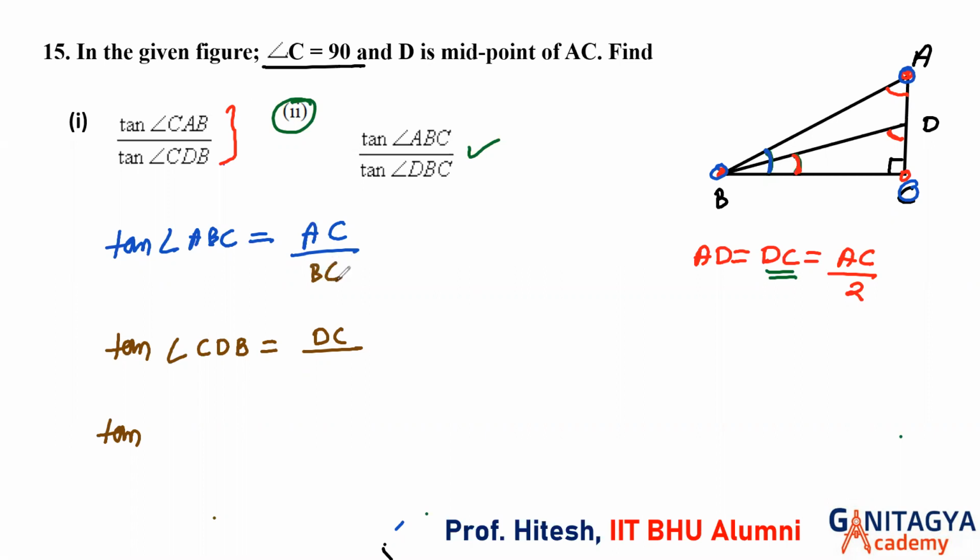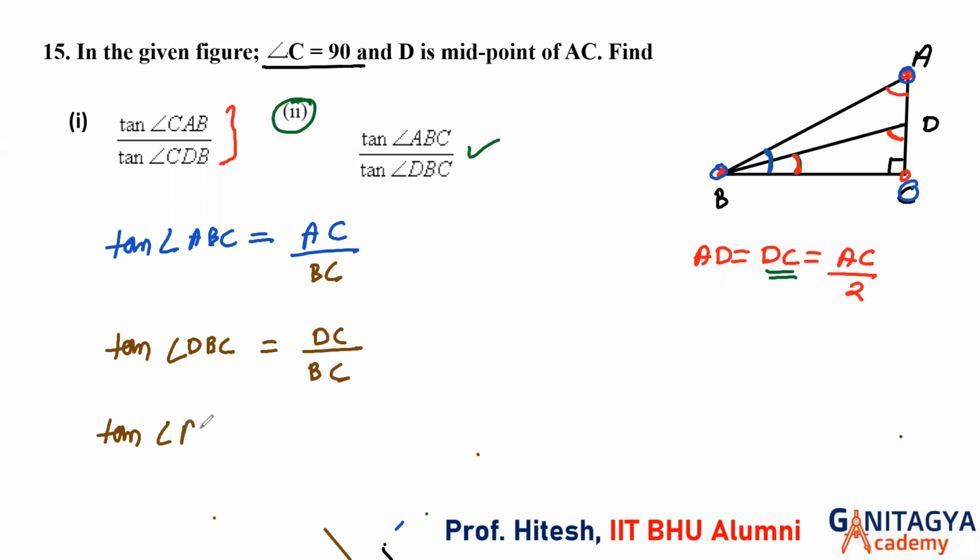And DBC, sorry. I took a different base, ABC is done. DBC, so DBC perpendicular will be DC and upon BC. Now it is very easy. Again it will be 2, isn't it?